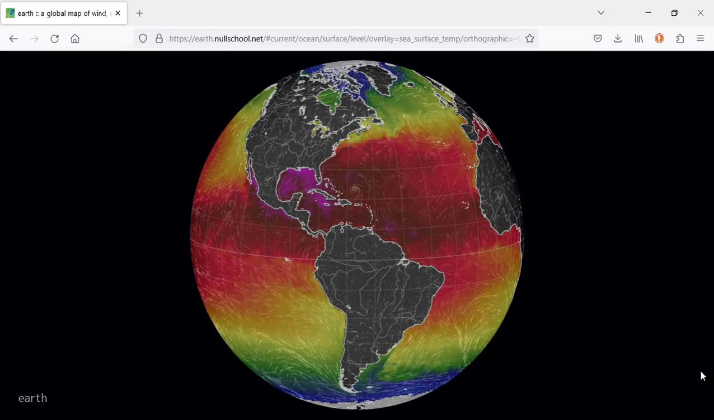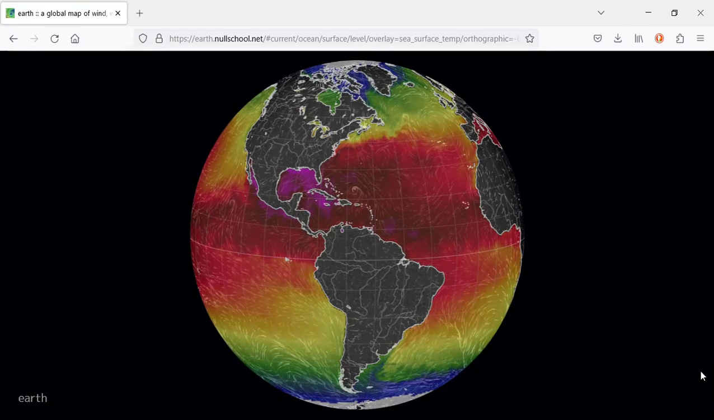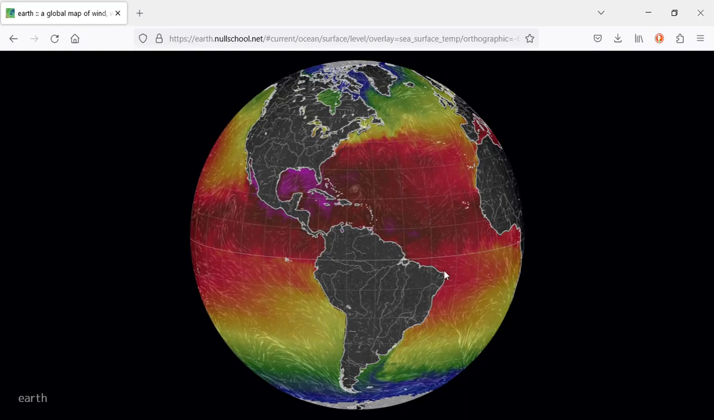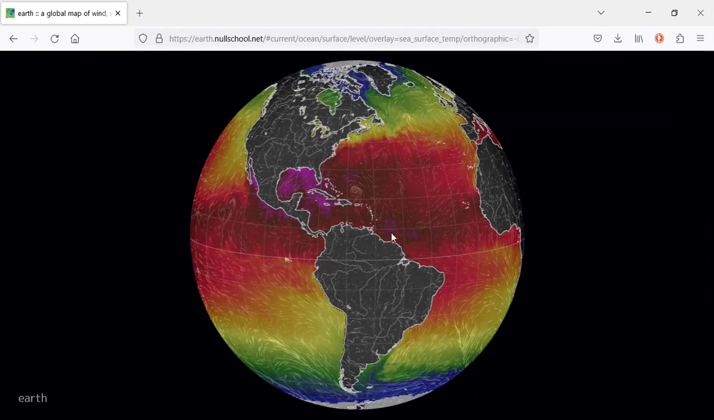Here's a graphic from the earth.nullschool.net page. And it's really cool. You can do different things. And what I've done is I've turned on the sea surface temperatures, which is shown here, where you can see